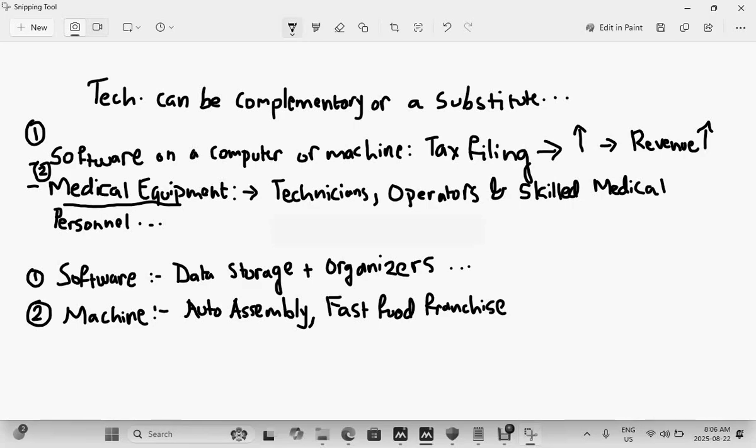All right, so on and so forth. These are some examples of technology which may act as complementary or a substitute to labor.